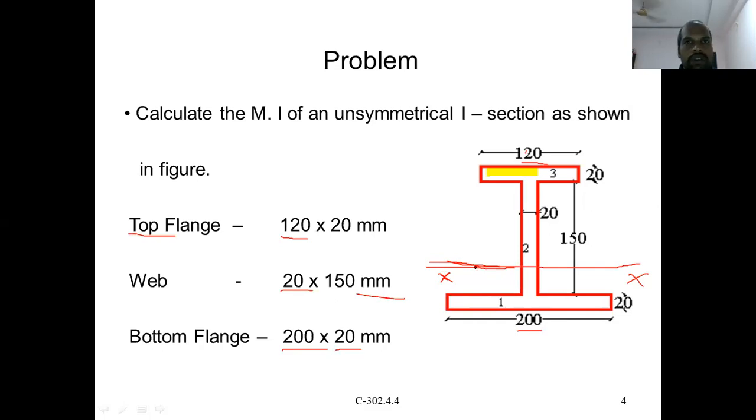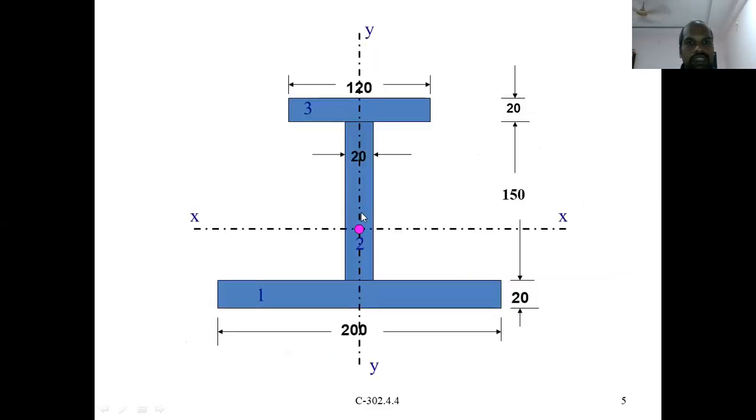We have already discussed in detail how to find the centroids of this type of sections, I mean I sections, in the centroid topic. Now let us see once again how to find the centroid for unsymmetrical I sections. First, we have to divide the section into different small regular shape sections, because as an I section we cannot calculate it directly. It is in the shape of one rectangle consisting of three different rectangles, so as a single item we cannot calculate. That's why we have to divide it into regular figures.